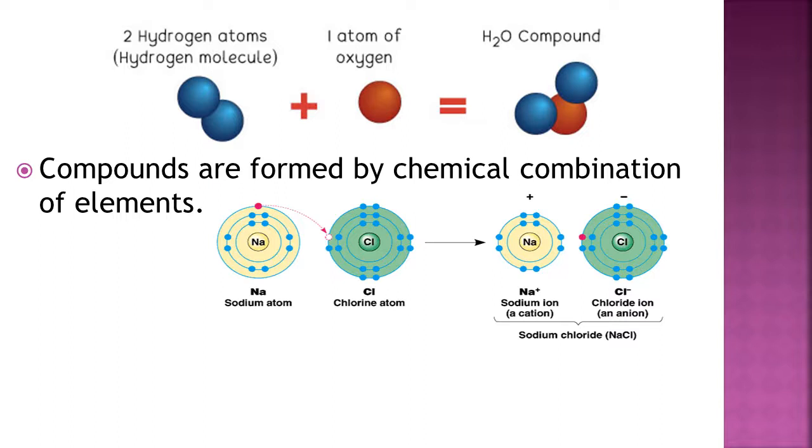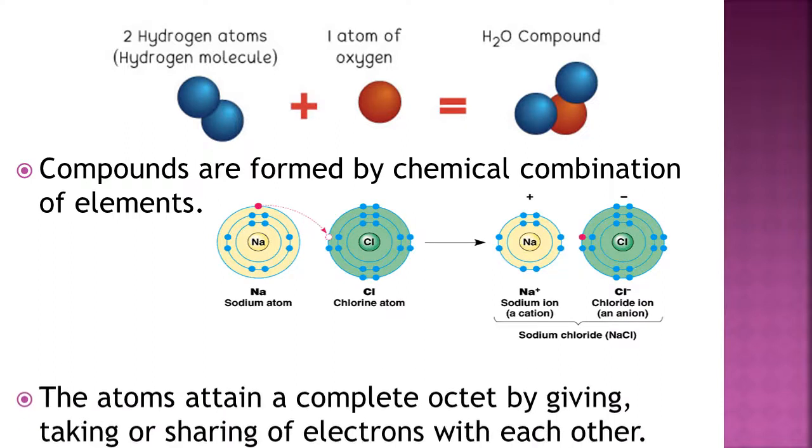Here you can observe a sodium atom and a chlorine atom. Octet complete means in the last shell of an atom there should be a total of 8 electrons. Here sodium is giving one of its electrons to the chlorine atom just to attain the octet state. So the octet of sodium and chlorine will be completed. On the right side of the arrow, you can observe that the last shell of sodium has 8 electrons, and the last shell of chlorine also has 8 electrons. That means the octet of sodium and chlorine is complete.